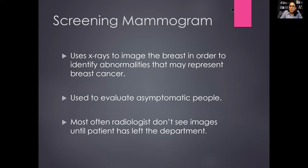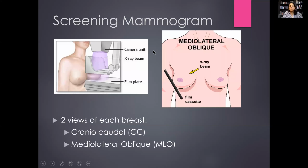And most often the radiologist doesn't see the images until the patient has left the department. So the technologist will take those images, and then as a breast radiologist, we will read them maybe later on in the day. We normally read about 15 to 20 at a time so that we can get through a lot of patients, okay? So what a screening mammogram